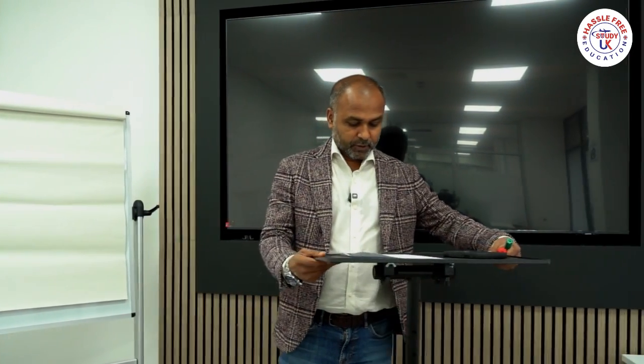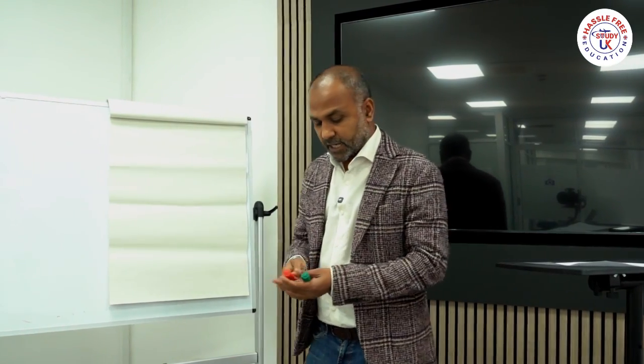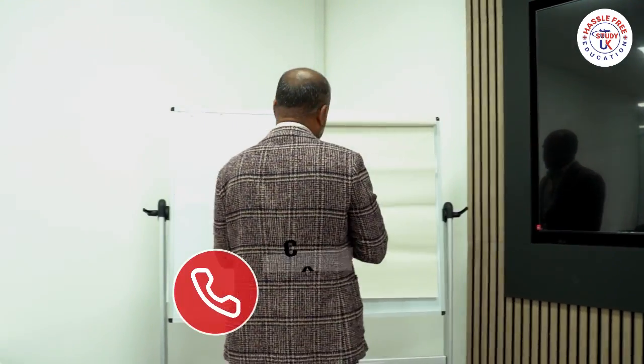So there are mainly three ways you can have your income, and on this whiteboard I'd like to explain it in detail so that you can understand the whole thing. So there are only three stages you can have your income. Number one is